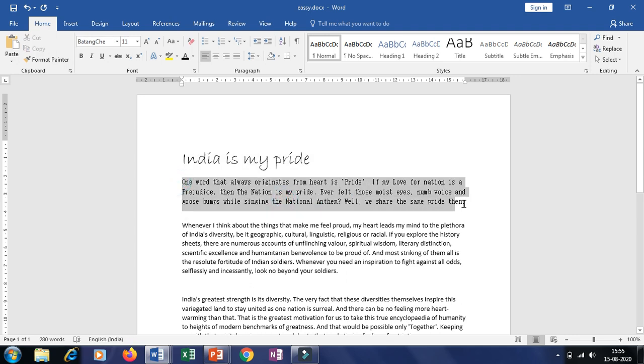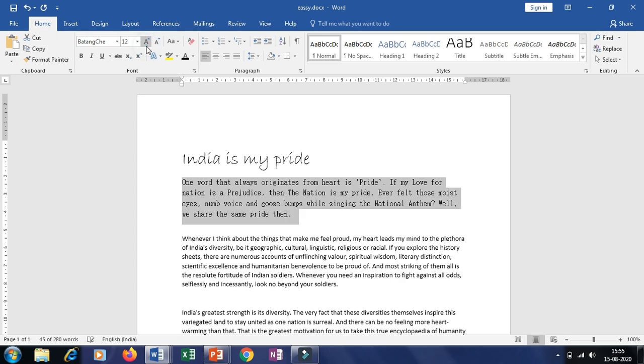Now here I want to change the size. I will use this increase font size. When you bring your cursor, you can see the shortcut keys also. The shortcut key for increase font size is Control Shift and the greater than symbol.